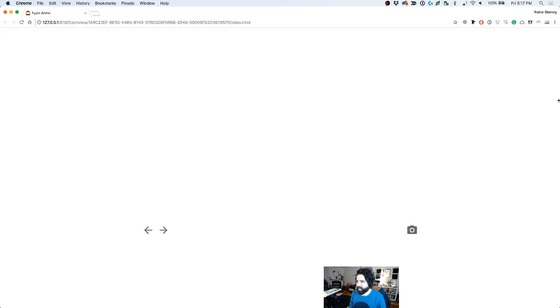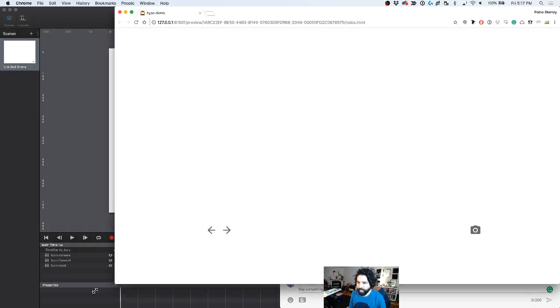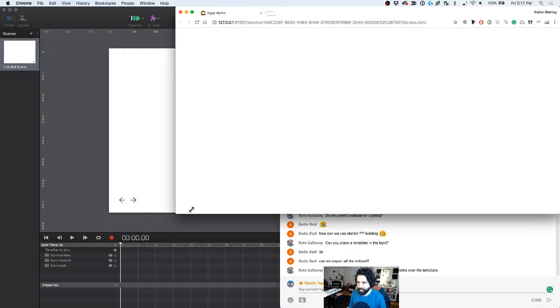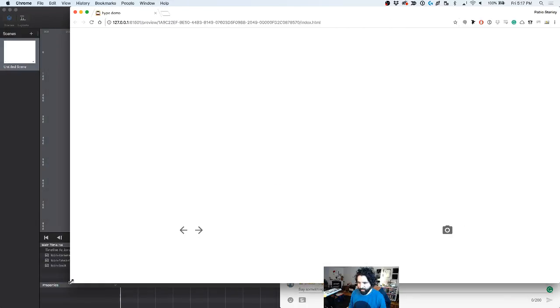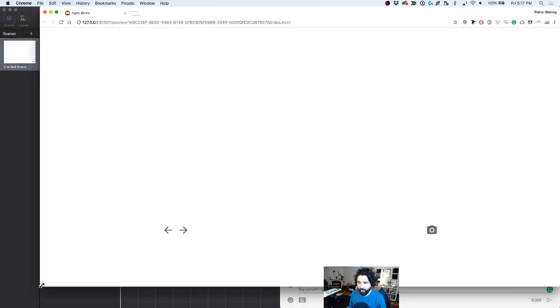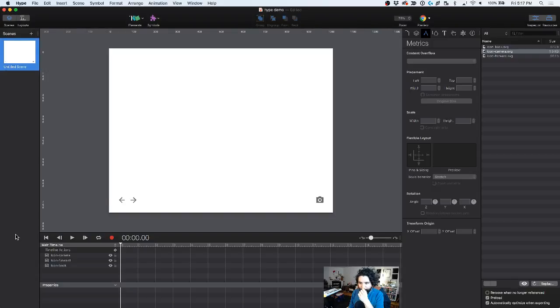But I want it to be fluid. I want this to pin over here, and I want these elements to pin over here, and whenever I move the size of the browser, I want them to be there, you know? That's probably something that you will like. So I'm going to go back, and the first thing that I want to do is make